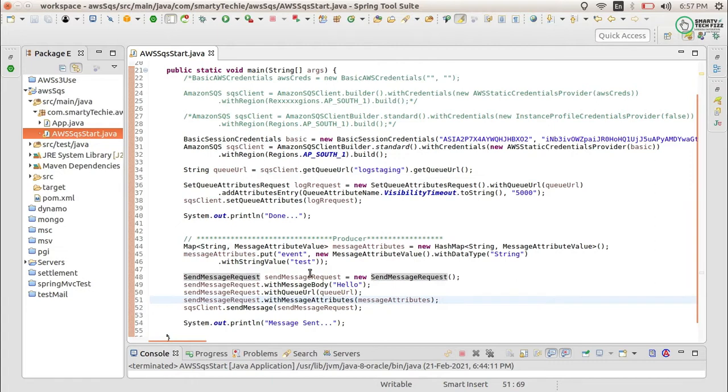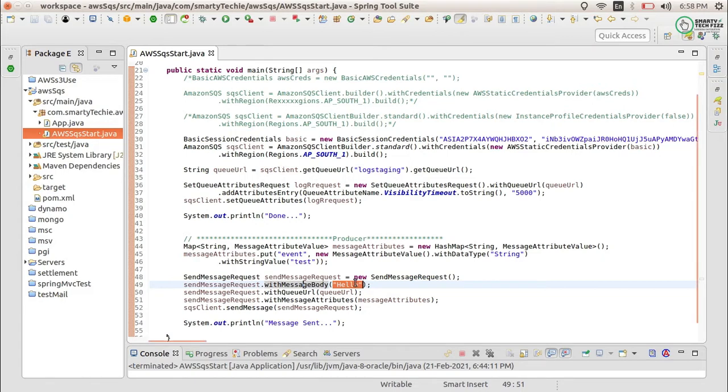So that is why we have to create a send message request object, and in this object we first set the message body. It should be in a string format. If you want to send JSON or some other type of format like XML, just convert it into a string and then pass it as the body. This will be the body that the message consumer should read.